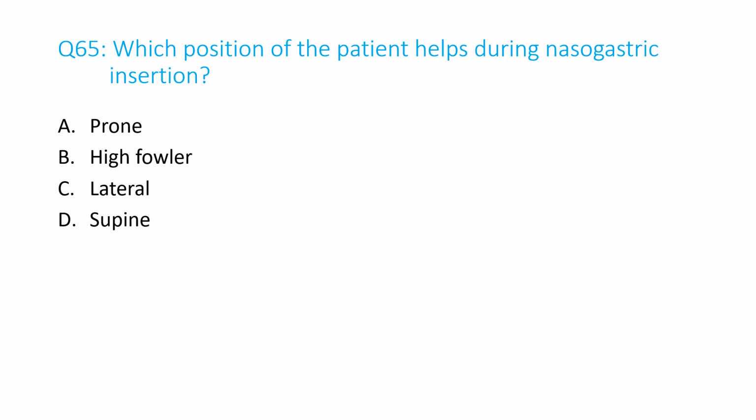Number 65. Which position of the patient helps during nasogastric insertion? A. Prone, B. High floor, C. Lateral, D. Supine. And the answer is